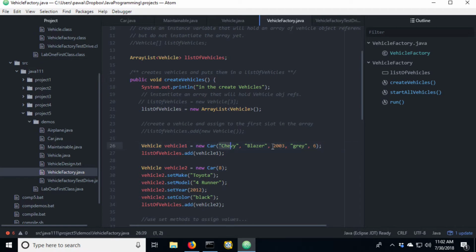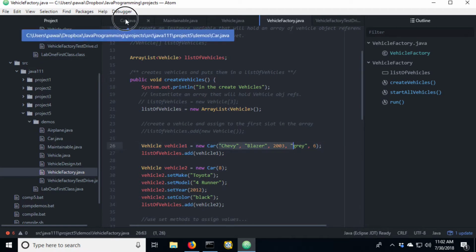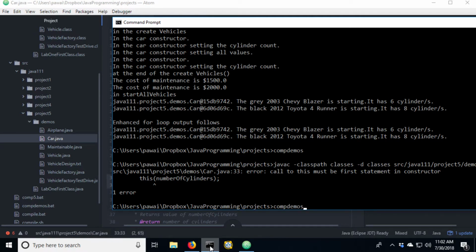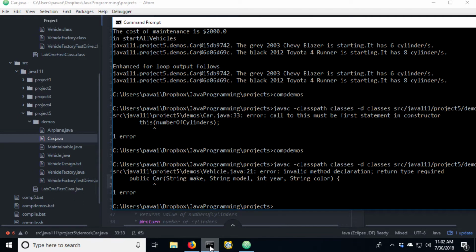So our use of the car constructor doesn't change. Here we're still calling 2 constructors, so let's just verify that the compiler is going to prevent me from doing that, and it does. And I'm getting an invalid method declaration, return type required.